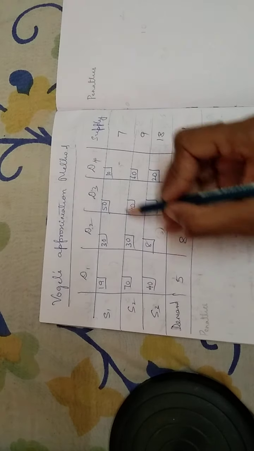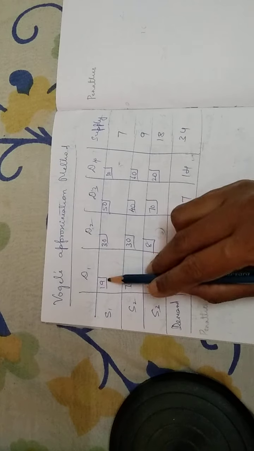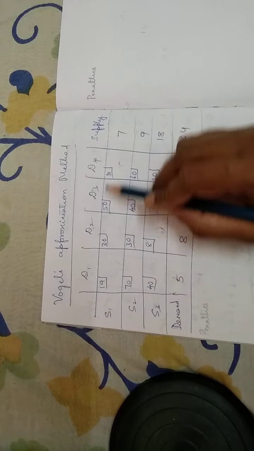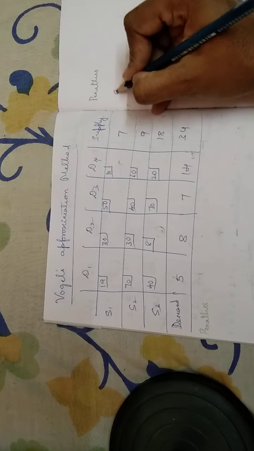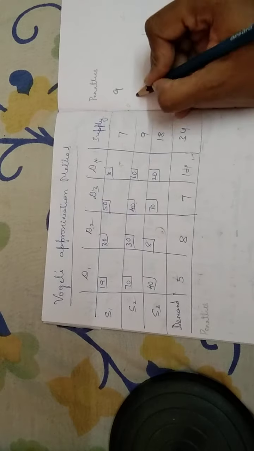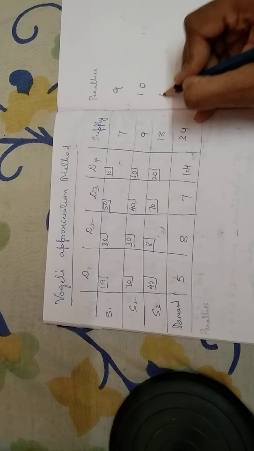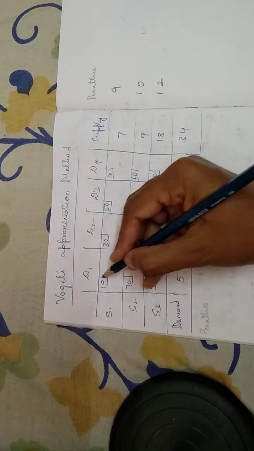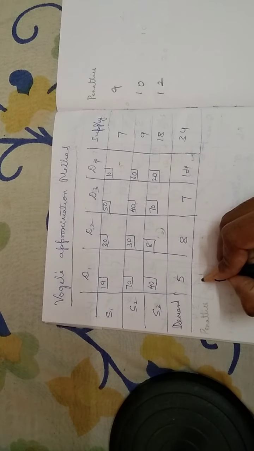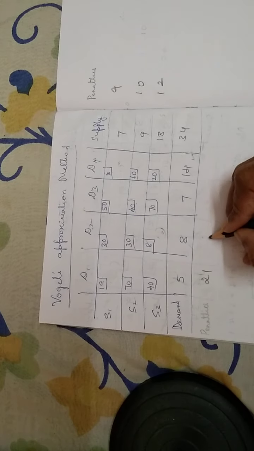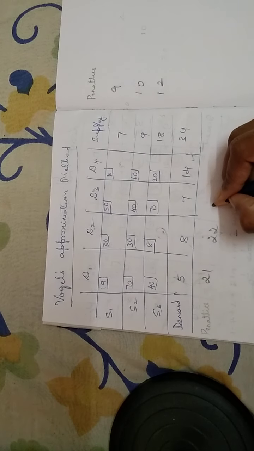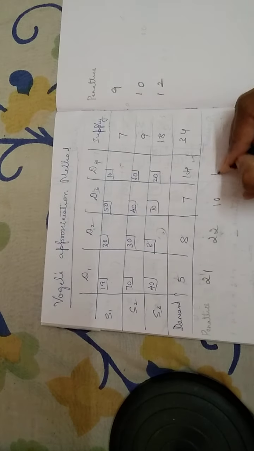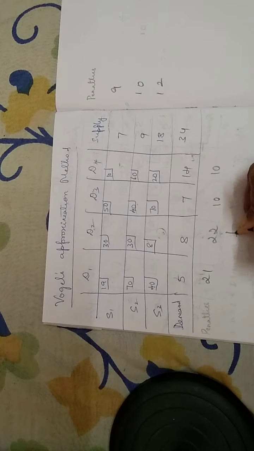Here we have to take the table like this. If you observe here, the costs are given, right? So I have to compare the two least costs. 19 minus 10, so it will be 9. The two least costs are 30 and 40, that is 10. 8 and 20 is 12. Then 40 minus 19 is 21. Here 30 minus 8 is 22. Then 40 minus 50 is 10. 20 and 10 is 10. If you compare the penalties here, the maximum penalty is this, right?